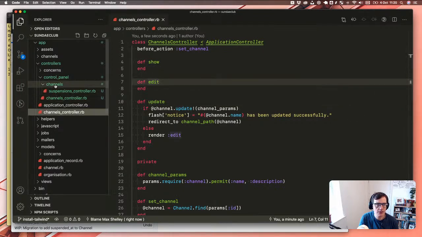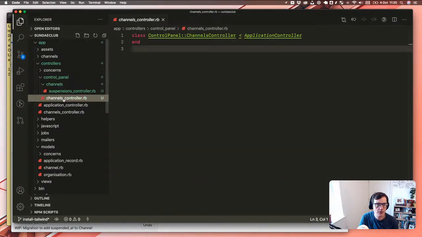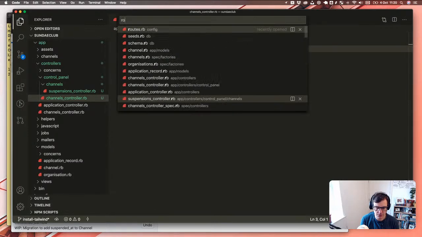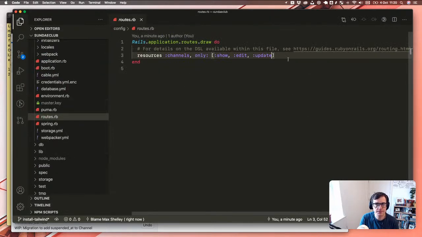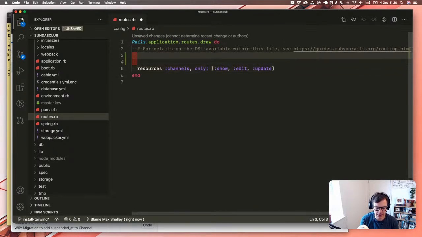do our control panel channels controller. So let's take a look at how this might work then. So we want to go into something like routes. And this is another thing that I think is interesting for learners, this concept of having multiple controllers where you can edit the attributes of a resource. You're like, well, I've already got my channels controller. How do I give myself more places? So what we can do here is